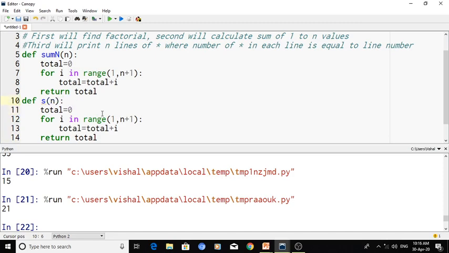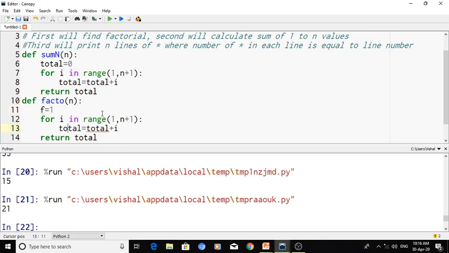I rename it facto, and in place of total I will write f, and the starting value of f is 1, because we know that the factorial of 0 is 1, factorial of 1 is 1, factorial of 2 is 2, like that.